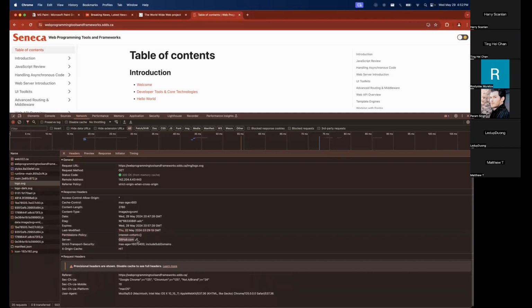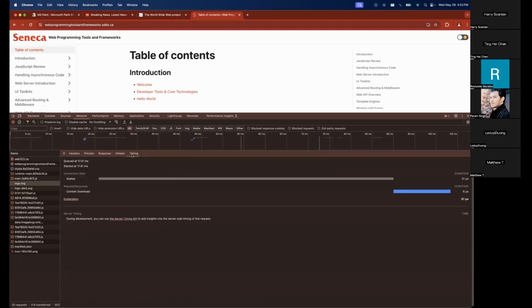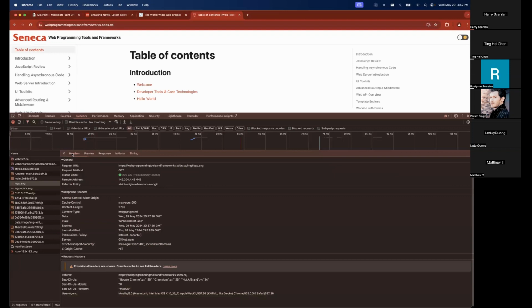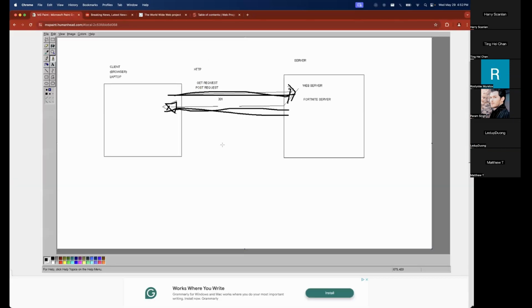It looks like they host this on GitHub. It also tells us stuff like our browser information. What did we visit that website with? So there's lots of hidden stuff in here, and you can see other types of information, like how long it took me to download that, and so on and so forth. So I guess there's one more thing before I actually show you how to code this, but